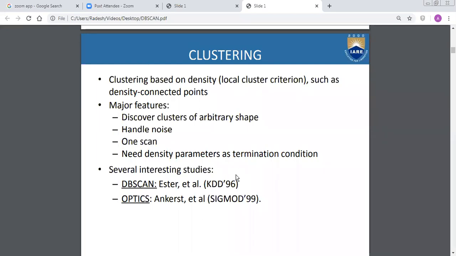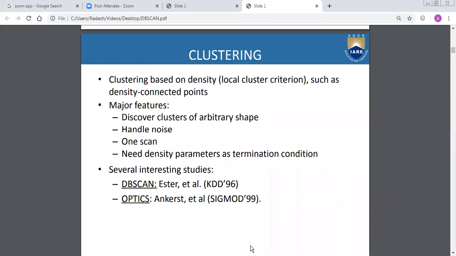And one more thing is handling the noise. We have gone through k-means clustering and hierarchical clustering, where the noise, the objects which are outliers, which will not fall into any cluster, still become part of a cluster if we implement the k-means and hierarchical clustering algorithms. But once we take up the DBSCAN algorithm, we can remove such noise and outlier clusters.